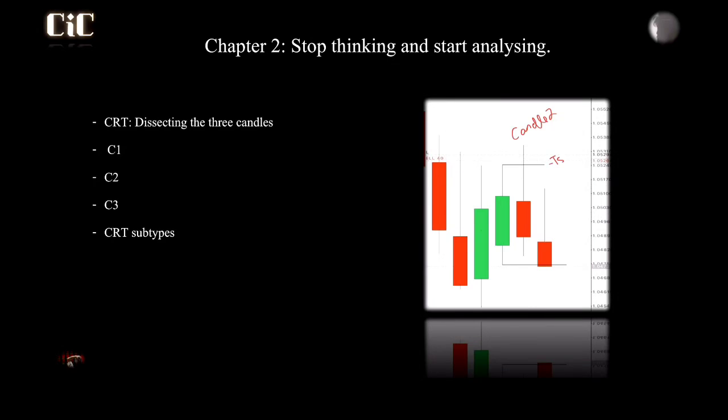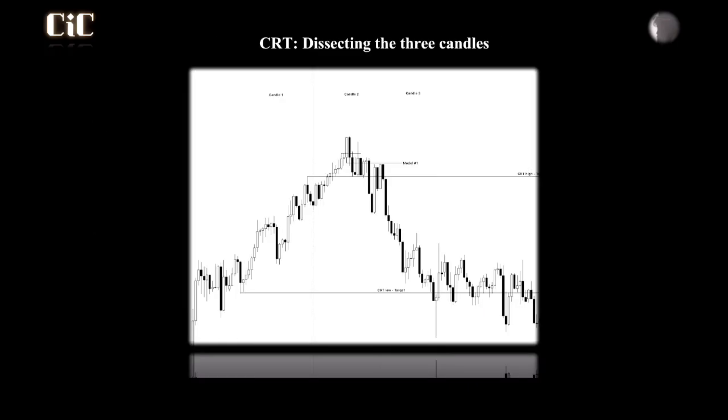Dissecting the three candles, C1, C2, C3, and CRT subtypes. Candle 1, candle 2, candle 3. This is the shape of an ideal CRT trade. All right? Now, there are only two types of CRT candles,